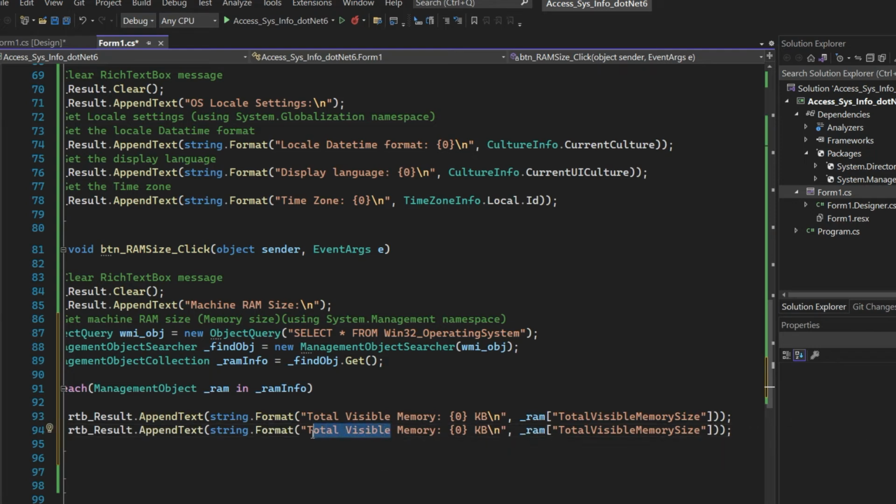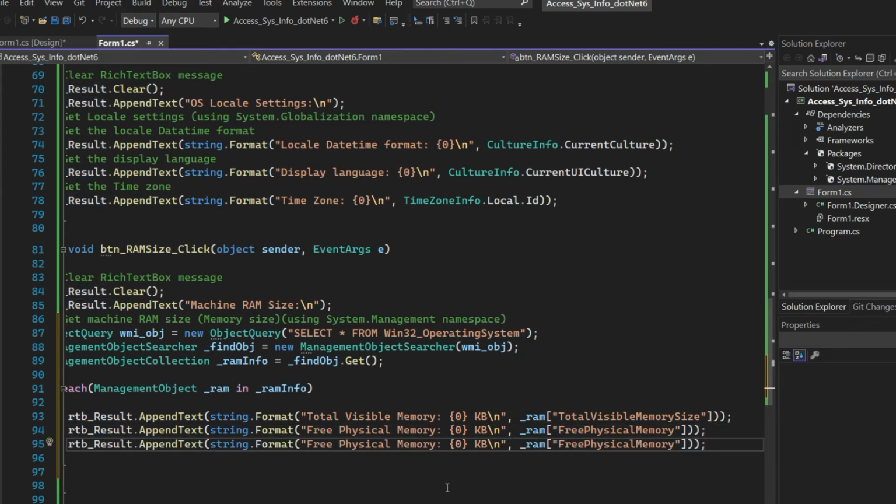Change the description to free physical memory. Also change here to free physical memory. Okay, copy it again, then paste it here. Change the third description to total virtual memory.